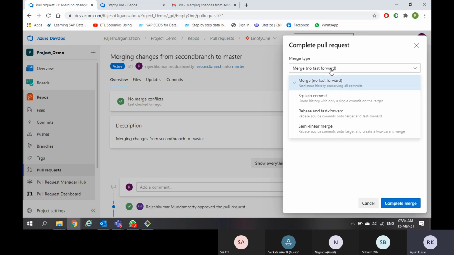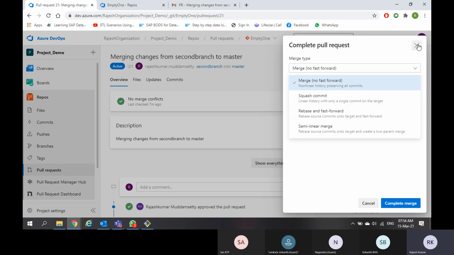Here we have 4 options. First one is merge. Merging means merging the changes from the source branch to the target. This is a direct merge. The second one is squash commit. Squash commit means even though you have multiple commits, all the commits will come to your branch as a single commit.